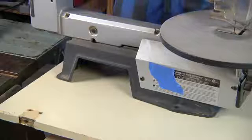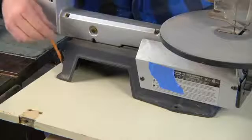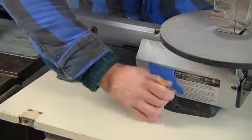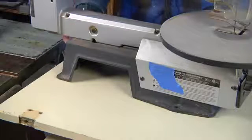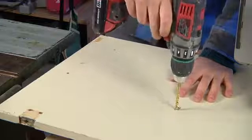I placed my tool exactly where I want it to be on my tabletop. Now I trace my holes, making a point where center is if you can. Now I remove the tool out of the way, drill my hole,